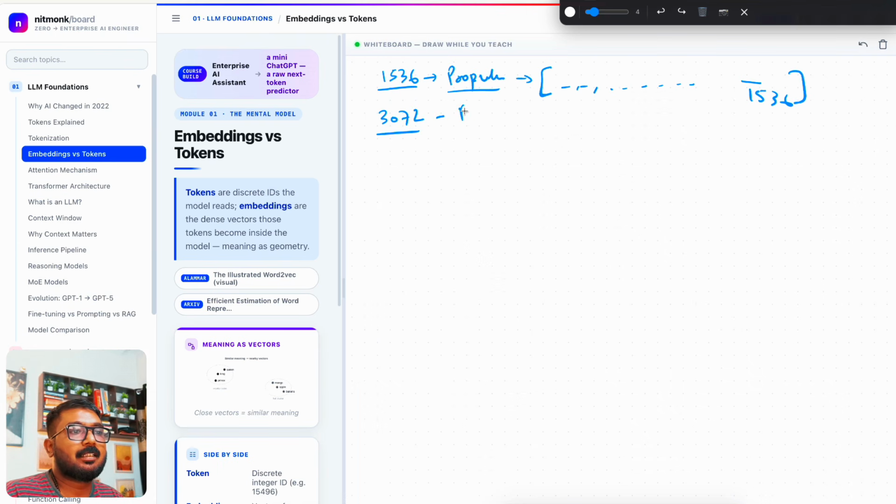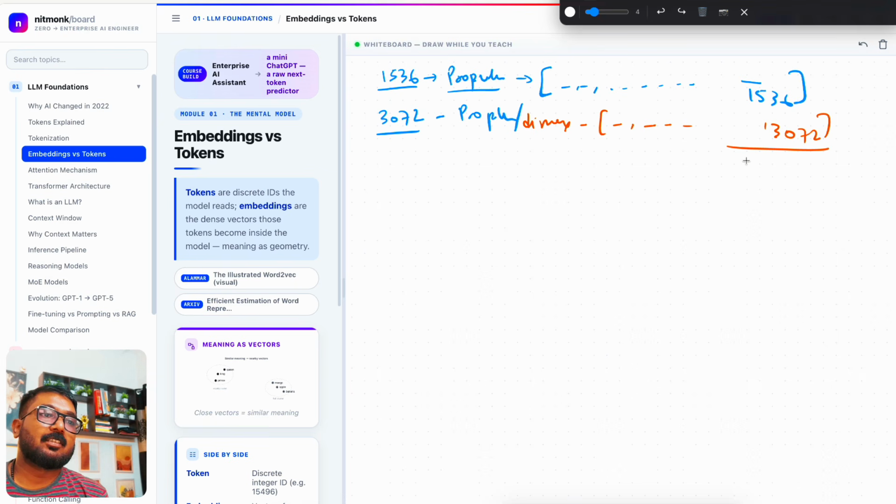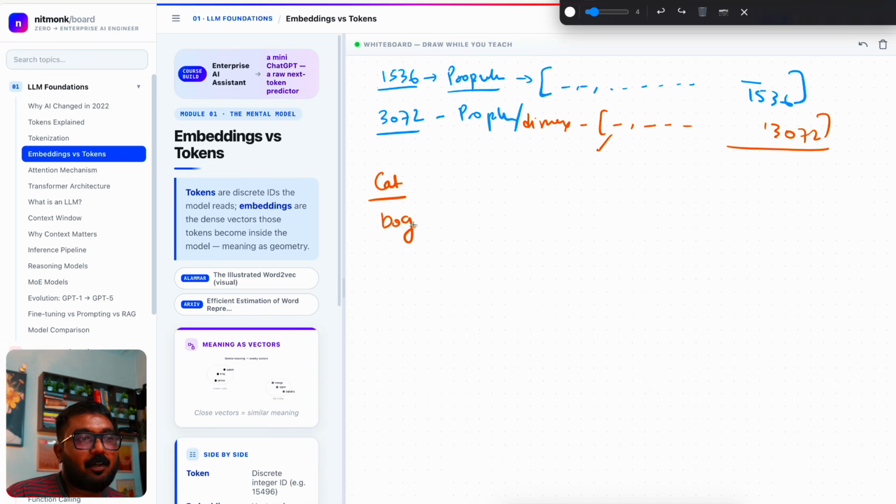372, then the properties, or you could call it a different color, dimension. There will be 1, 2, 3 till 3072 dimensions available. All these dimensions will have their own property, their own values, and these values will represent something. So let's say if I go ahead with cat, dog, tiger, or lion,